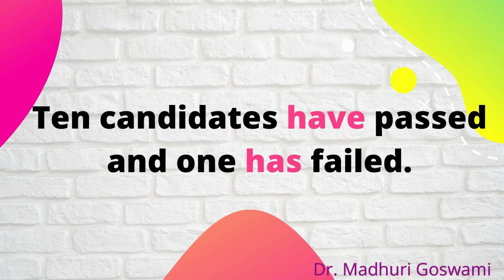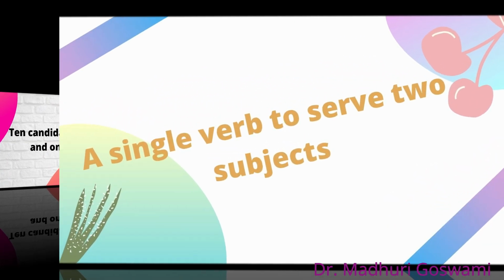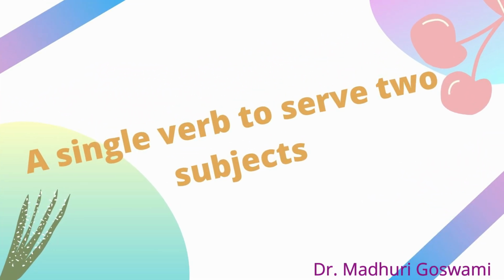So it's quite clear कि किसी भी sentence में दो principal verbs के साथ एक auxiliary verb का प्रयोग तभी किया जा सकता है जबकि subject verb agreement के according दोनों subjects और principal verb के साथ एक ही auxiliary verb का प्रयोग किया जाता हो. So dear students, I hope you must have understood where we can use a single verb to serve